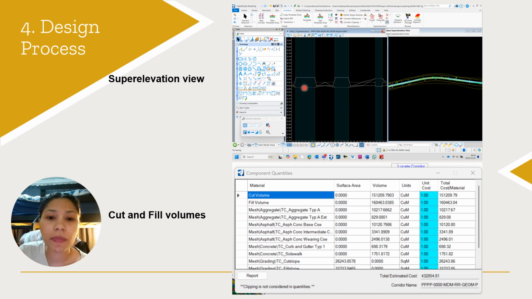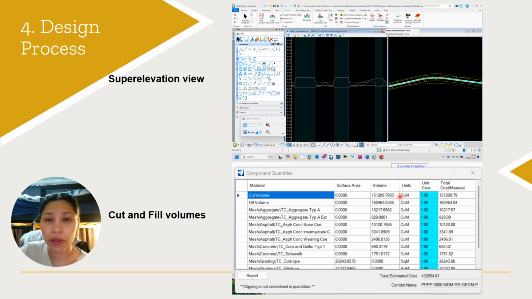So going to your corridor tab under super elevation, then creating super elevation sections and super elevation lanes, and then it runs all that information with your transition curves and all of that, and this is what that super elevation actually looks like. And then also based on the template, which then has 2% cut and fill slopes,